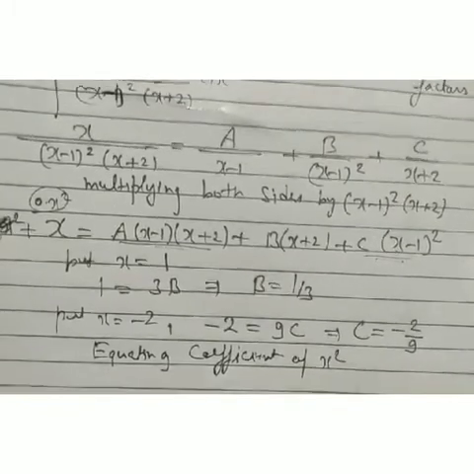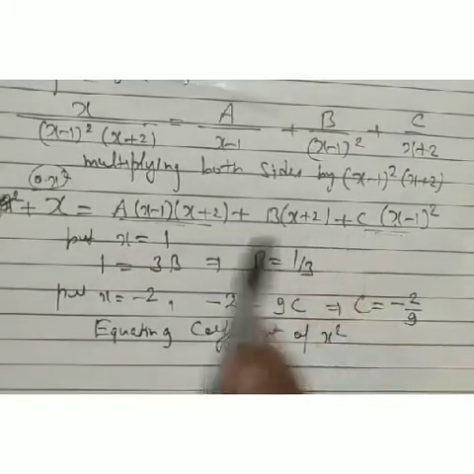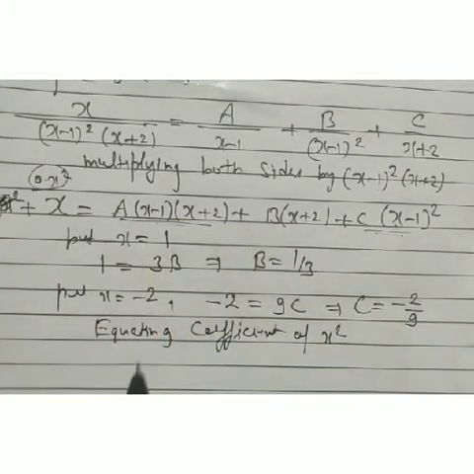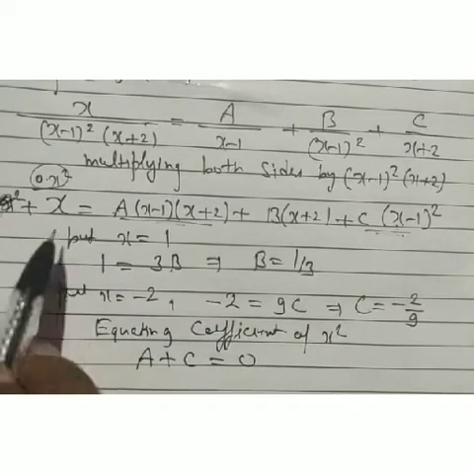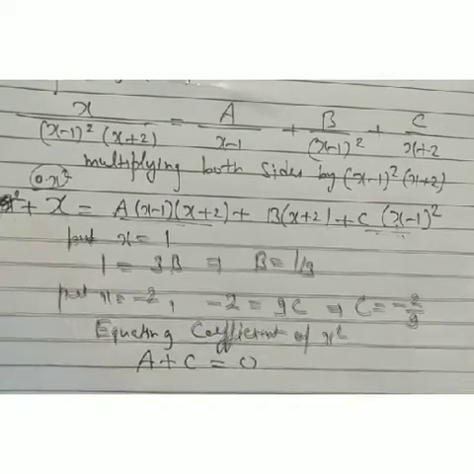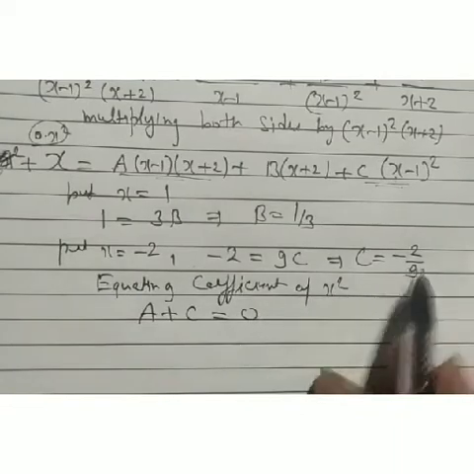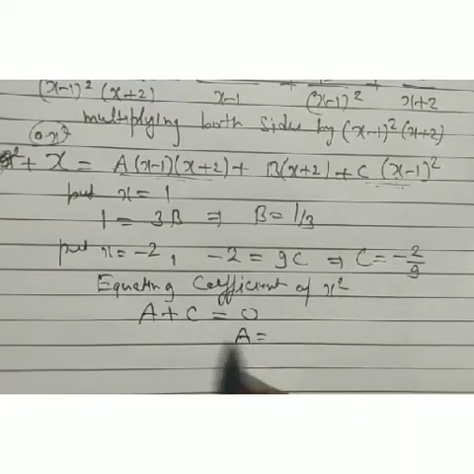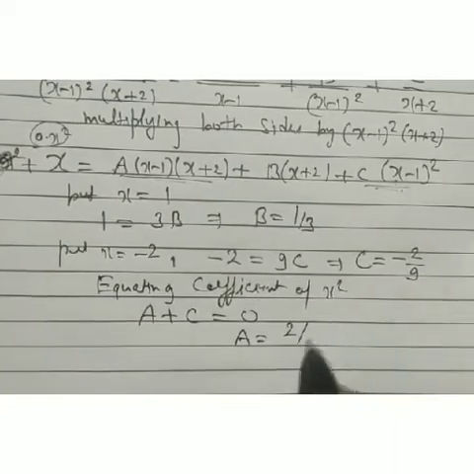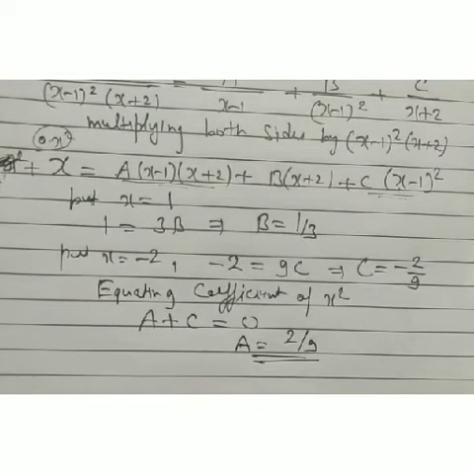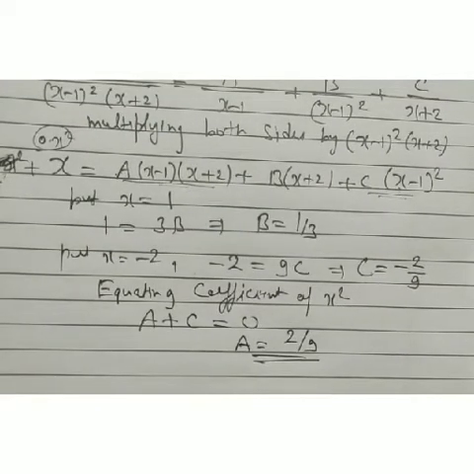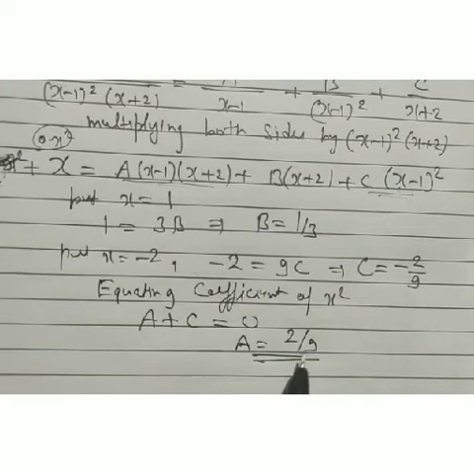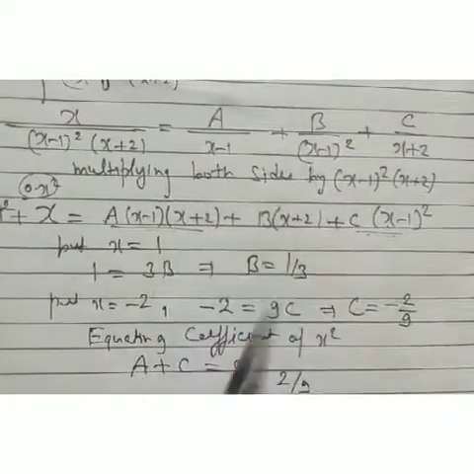the coefficient of x square. Here we get x square, then c, and here we get a, so a plus c equal to 0, because in our left hand side there is no coefficient of x square. Now we already have the value of c. Then what is the value of a? a is equal to minus c, then a is 2 upon 9. Now we are getting all three constant values there. Now what we do, we are going to put all the values of a, b, c here.